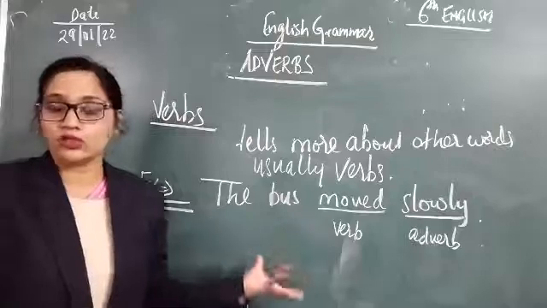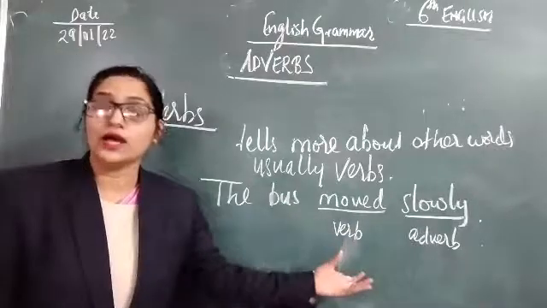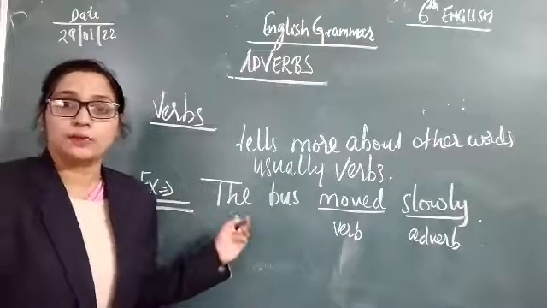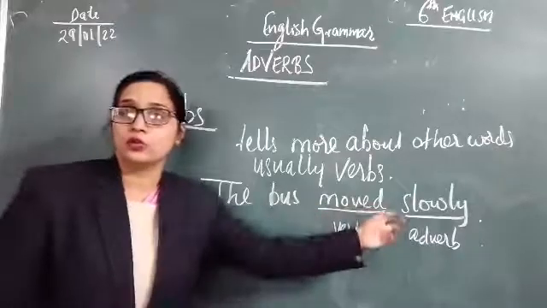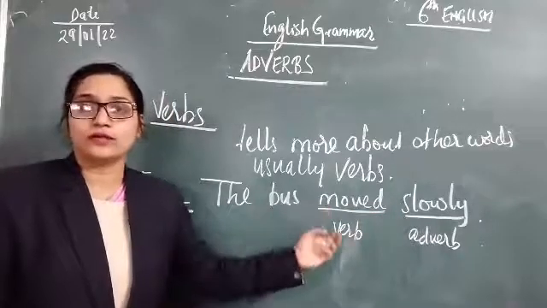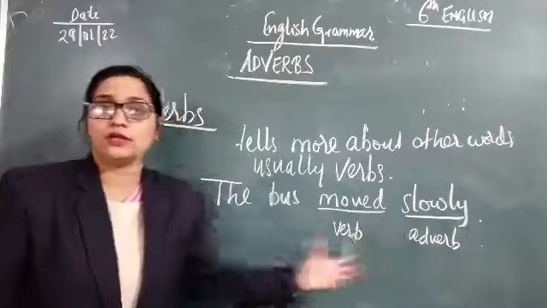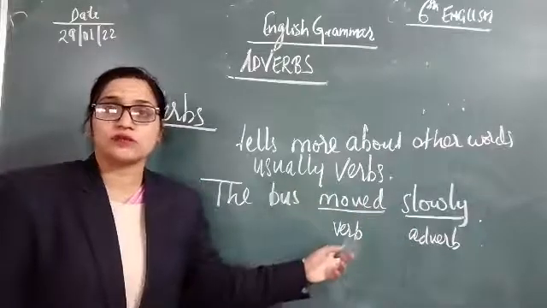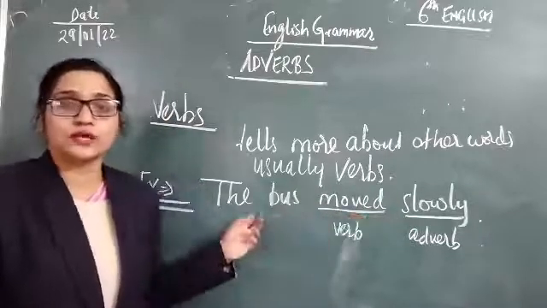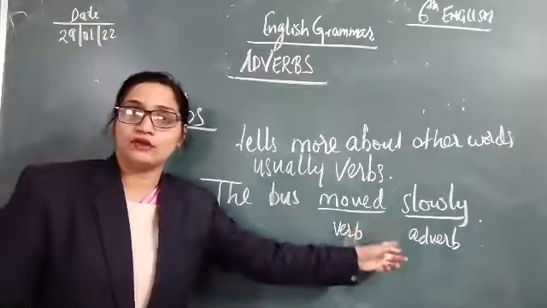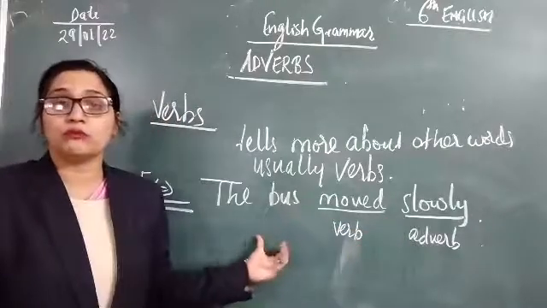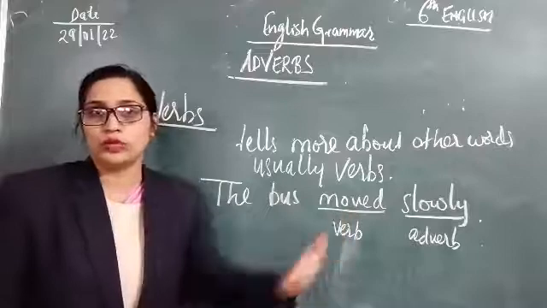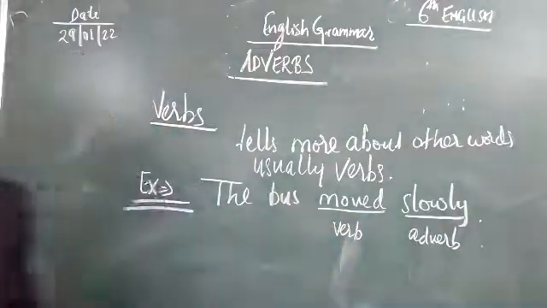We know that the definition of adverb is it tells more about other words, usually verbs. Here we are talking about verbs. So the example is the bus moved slowly. In this sentence, moved is the verb, the adverb is slowly. So how did the bus move? The bus moved slowly. About this movement of the bus, this adverb slowly tells more about the movement of the bus. Means how did the bus move? The bus moved slowly. Let us take another example, that is